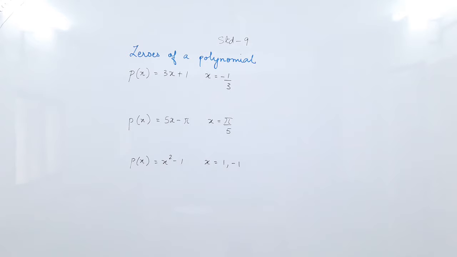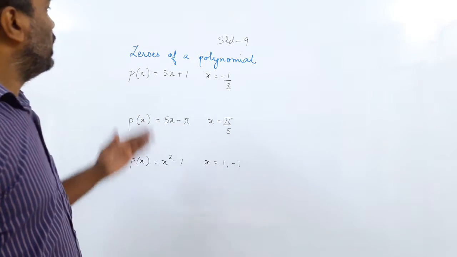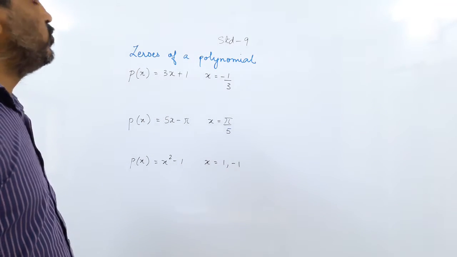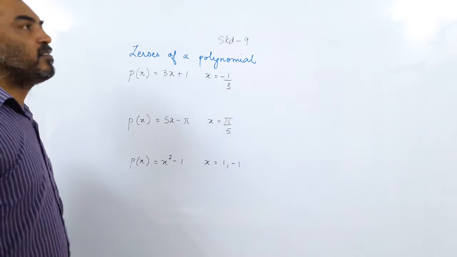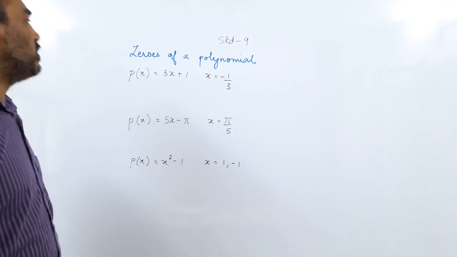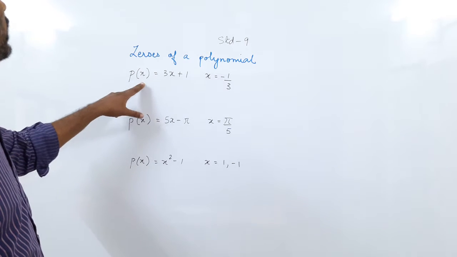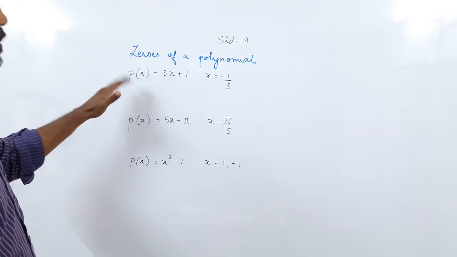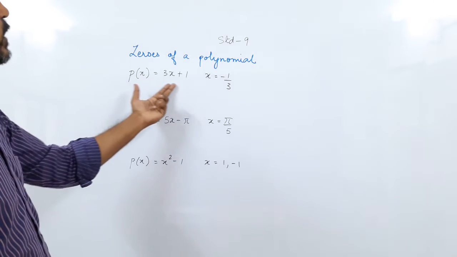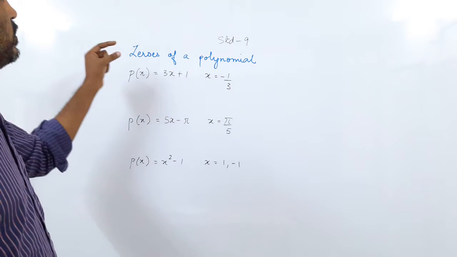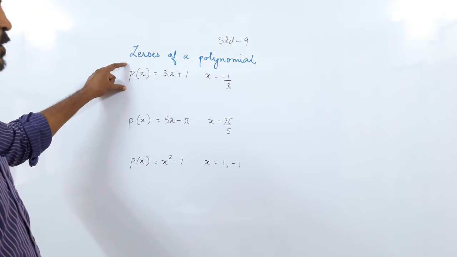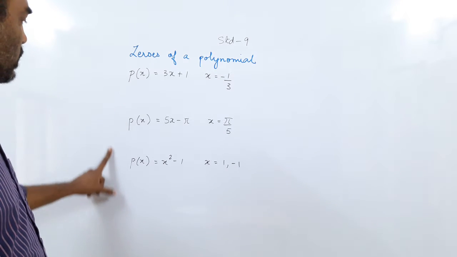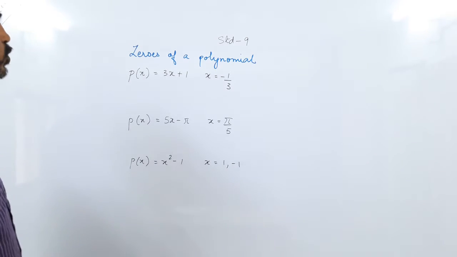Good morning, friends. In the last lecture, we saw how to find the value of polynomials and the zeros of a polynomial, right? So we did which method? I told you, the trial and error method. In the trial and error method, you put down different values of x, 1, 2, -1, 0. You have to keep on trying till you get the value of the polynomial as 0. So these are some sums from the textbook.